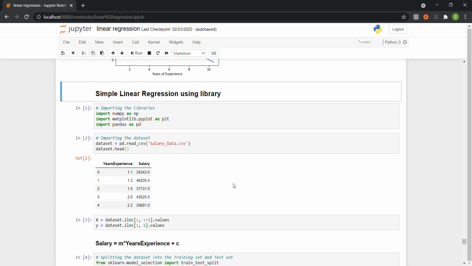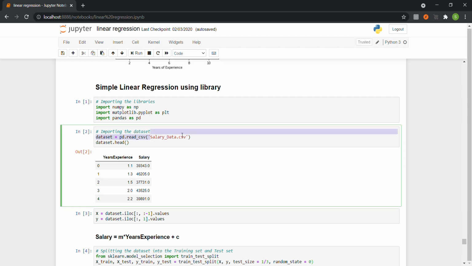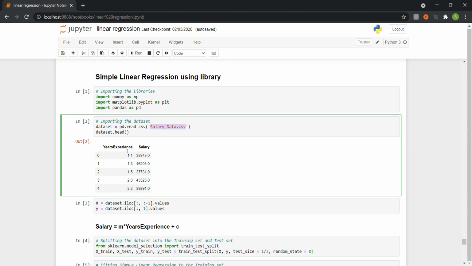And here I am going to explain the simple linear regression using the library sklearn. It can be done from scratch also, but now it's a starting class, so it's better to go with the library for now. First we have imported some of the basic libraries, that is NumPy, Matplotlib and Pandas, and then after we have imported the dataset, and the dataset name is salary data.csv, and here are the columns, that is year of experience and salary.